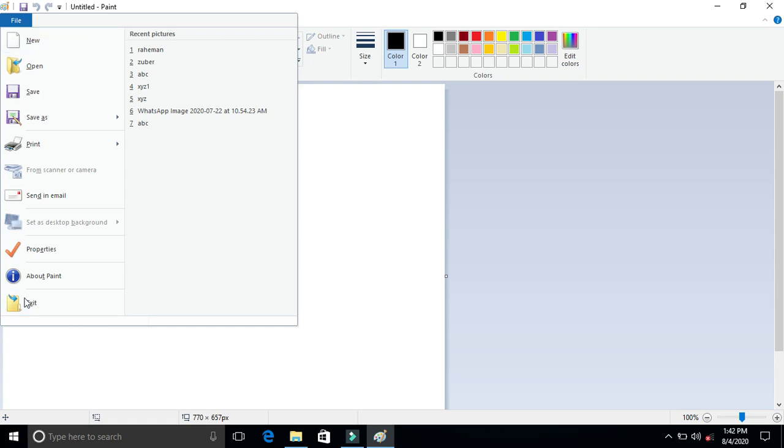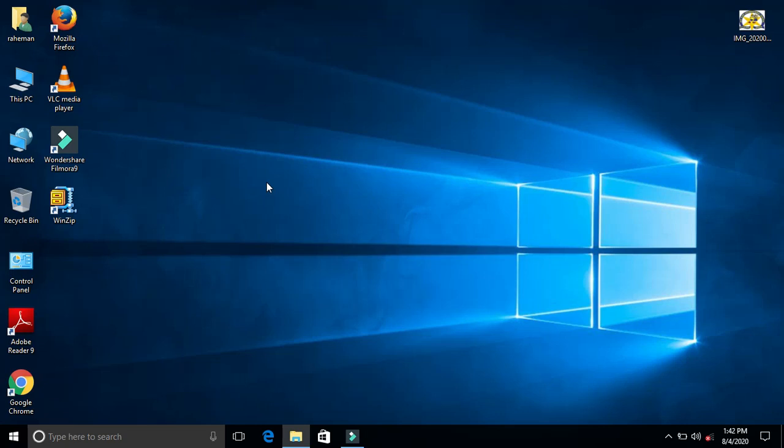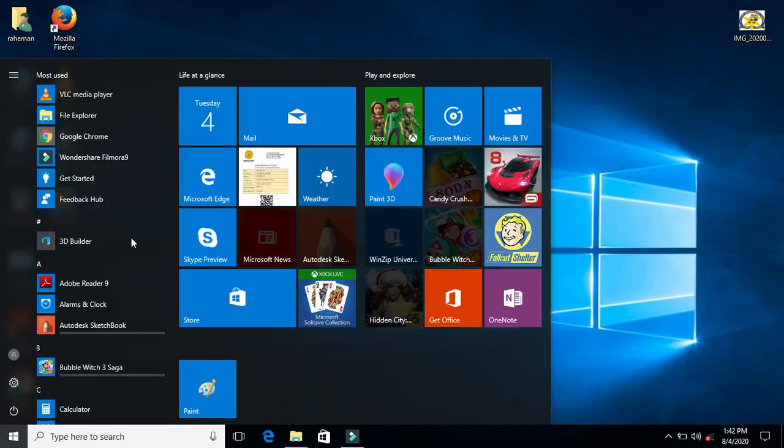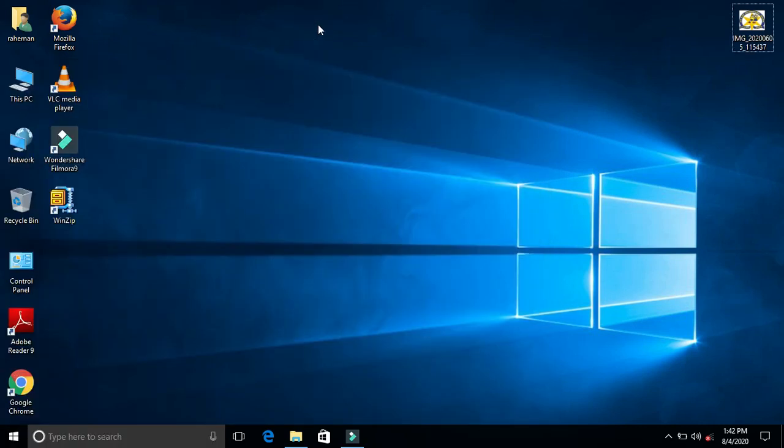If I press Exit, it will close directly. So we first locate the app we want to open, then open it. We checked two or three methods: from the start menu, from search, and from Run.